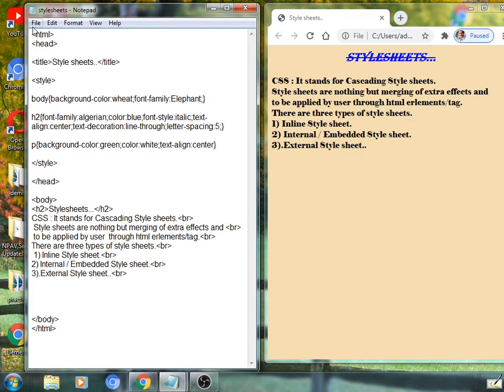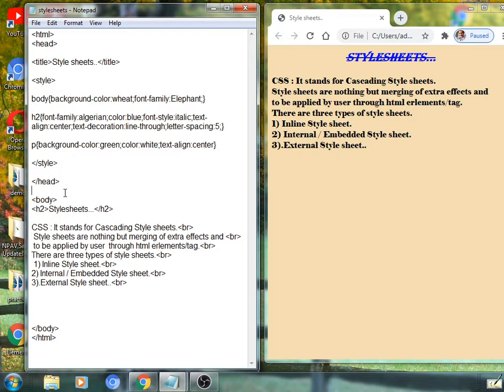So a space of 5 pixels will be applied between two adjacent characters where H2 is applied. See here, we have applied H2 here.